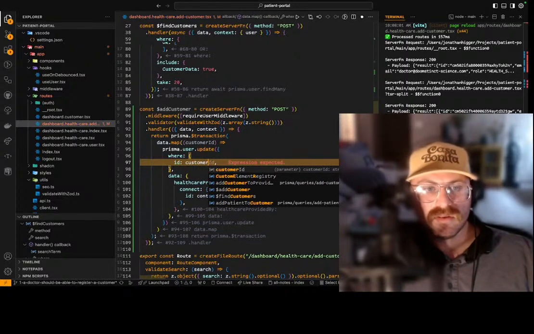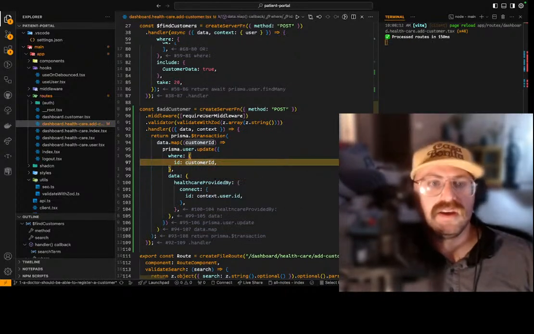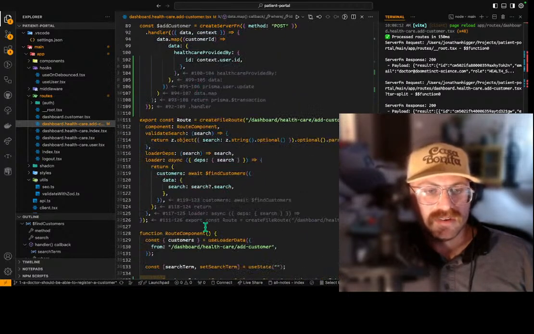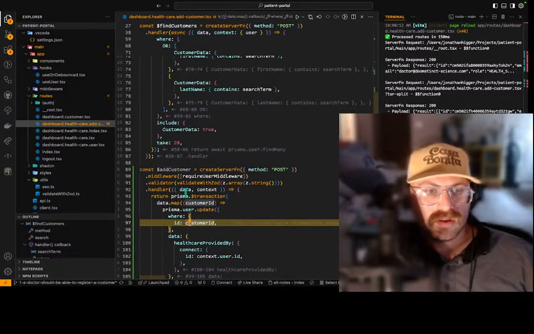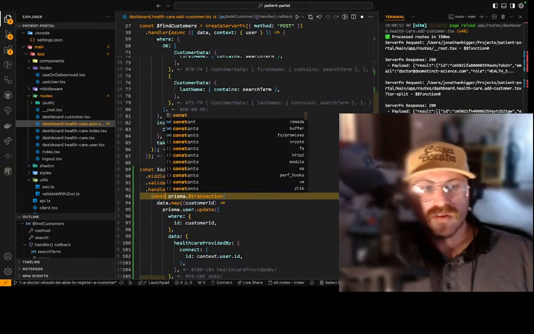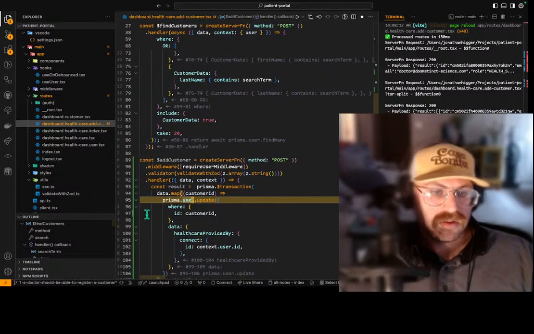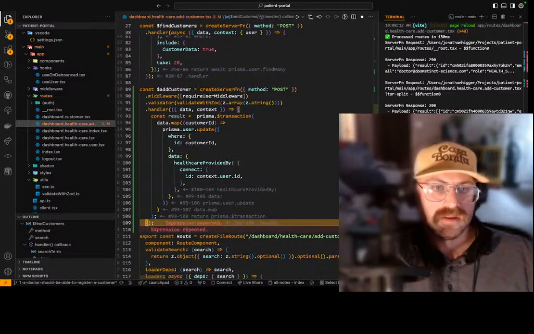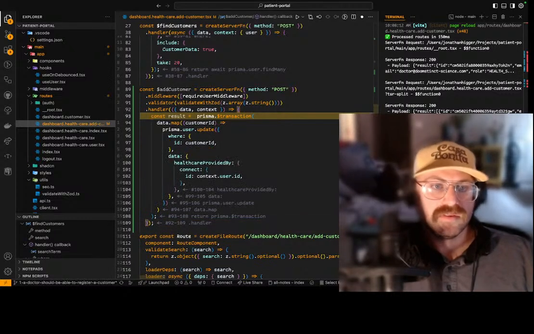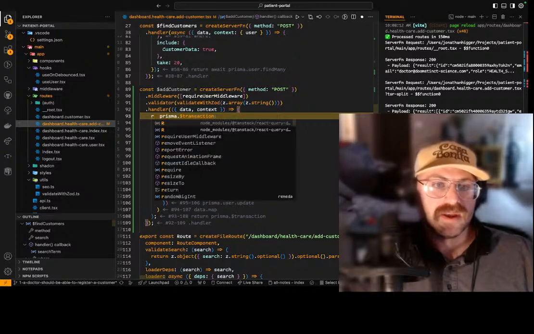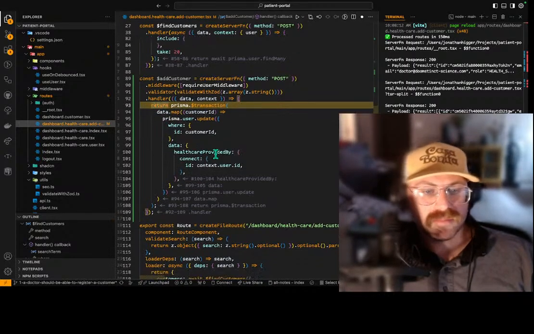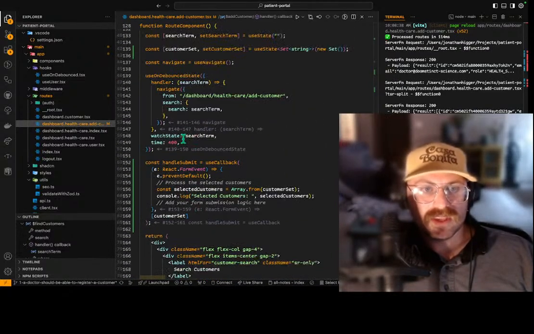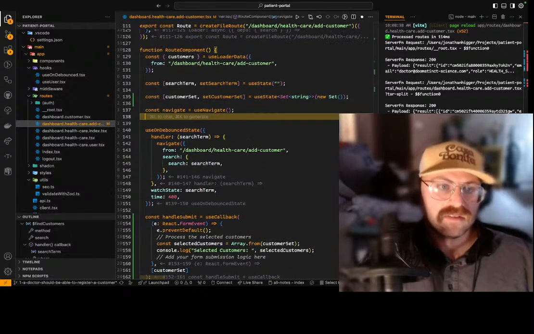ID, customerId. I think this will work. We'll find out. We could do this. I'm probably fine with this for now. Technically, we can make this error handling a little better, but we're trying to make some moves here. So now when I handle my submit, it should be really easy because basically all I need to do is say,